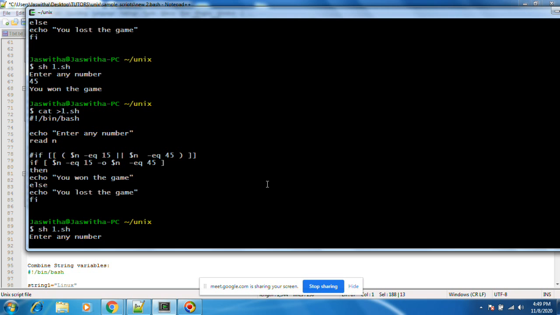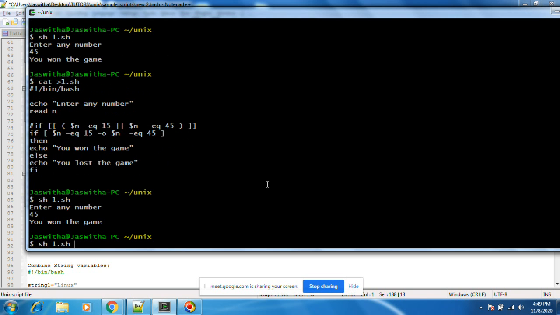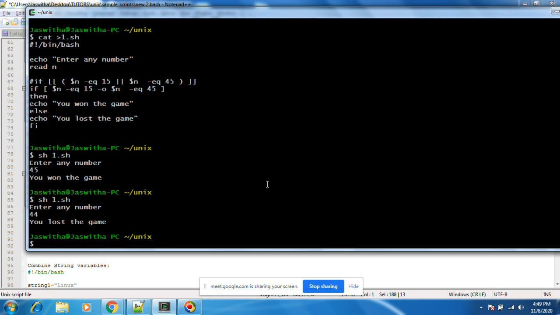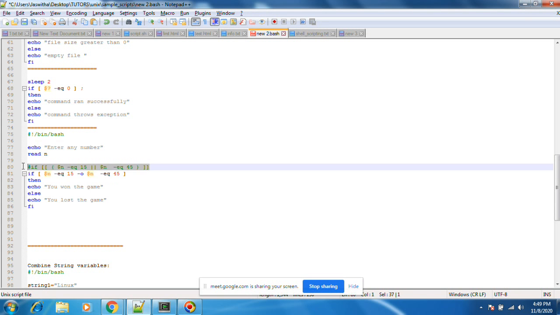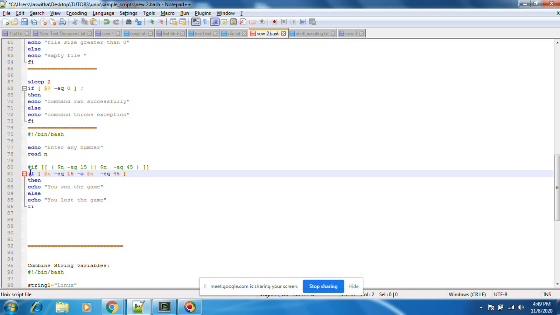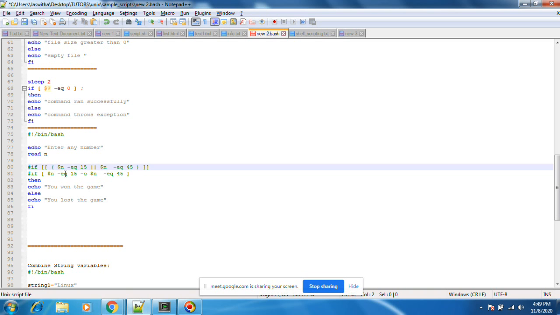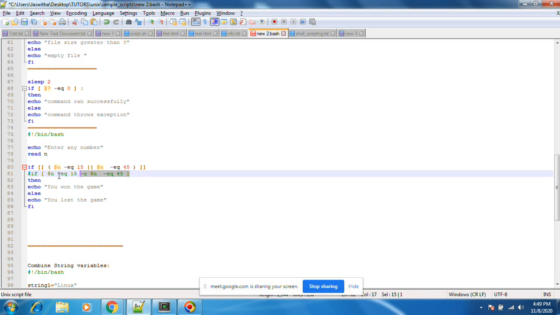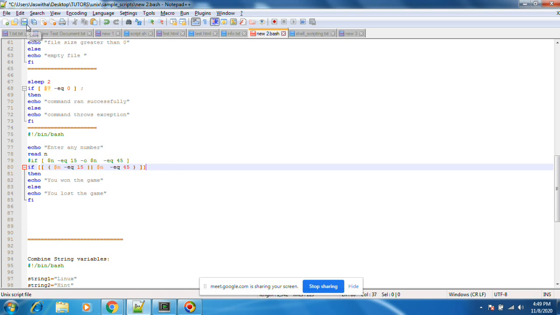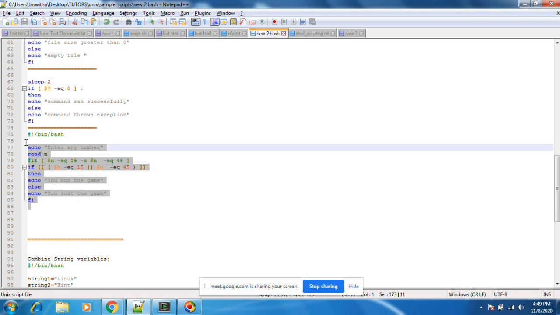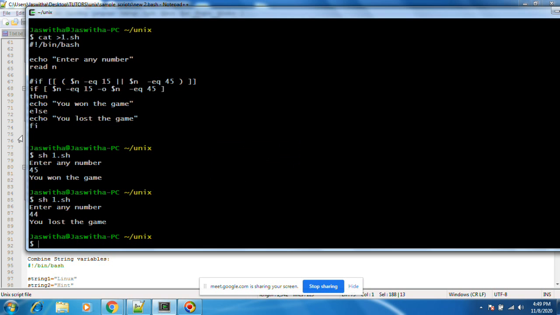Enter a number, 45. You won the game. I can write 44. You lost the game. Both will work, either you put this line or this line. I will comment this line and try with this line. Both will work.